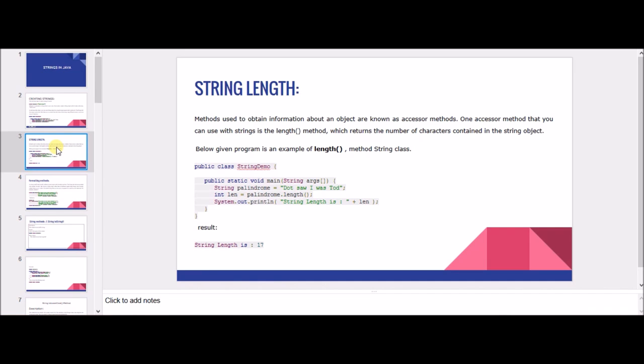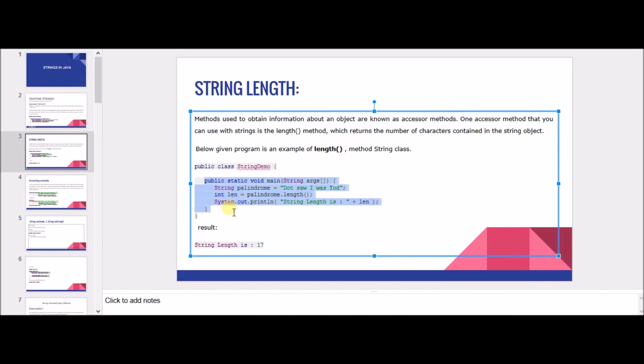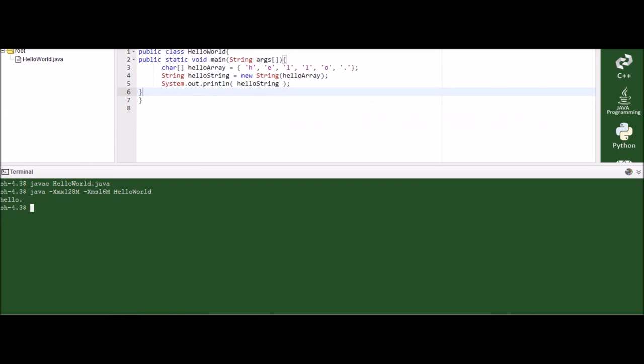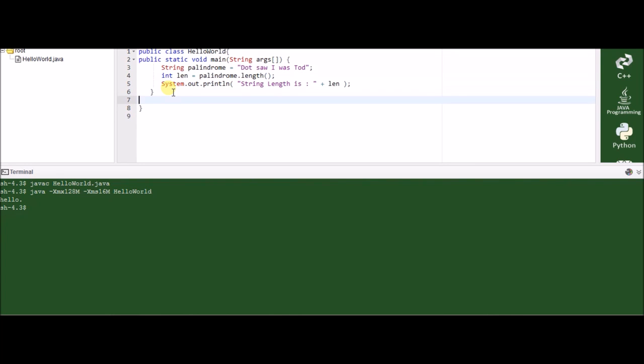Let us execute this example to find out the length of the string. The length of the string is found out.